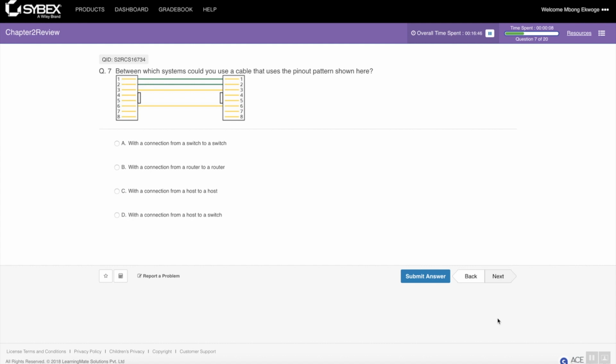Between which systems could you use a cable that uses the pinout pattern shown here? There are three cabling types in Ethernet: straight through cable, crossover cable, and rolled cable. A straight through cable is used to connect a host to a switch or hub, or a router to a switch or hub. Four wires are used in a straight-through cable to connect Ethernet devices. It uses pins 1, 2, 3, and 6. Just connect pin 1 to pin 1, pin 2 to pin 2, pin 3 to pin 3, and pin 6